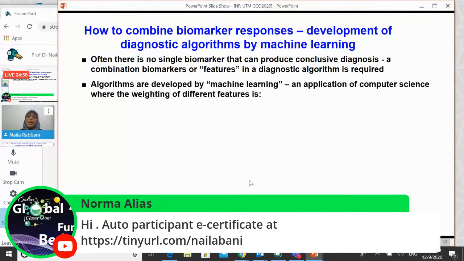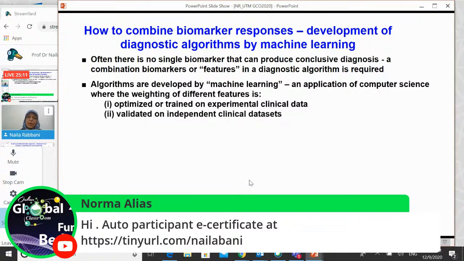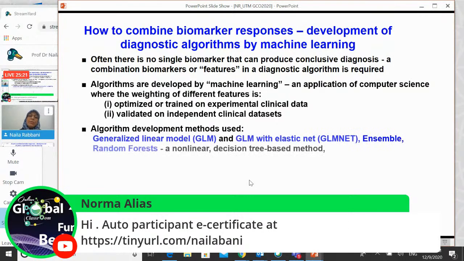Algorithms are developed by machine learning, an application of computer science where the weighting of different features is optimized or trained on experimental clinical data. Once the training is done, it is validated. The algorithm is then validated on independent clinical data sets. And algorithm development methods: